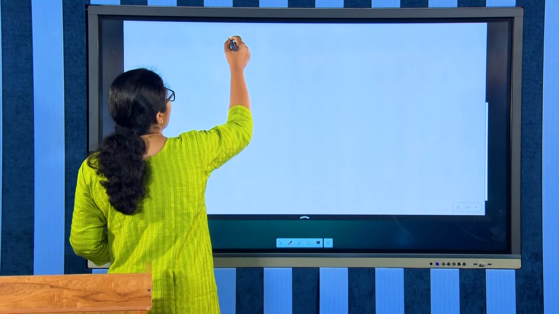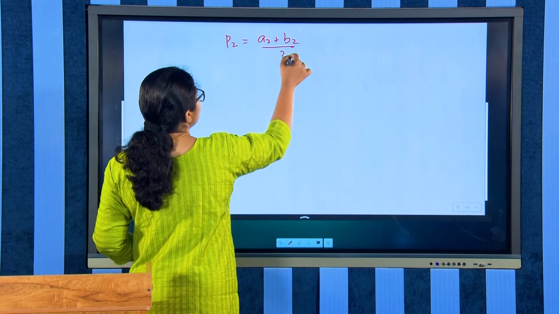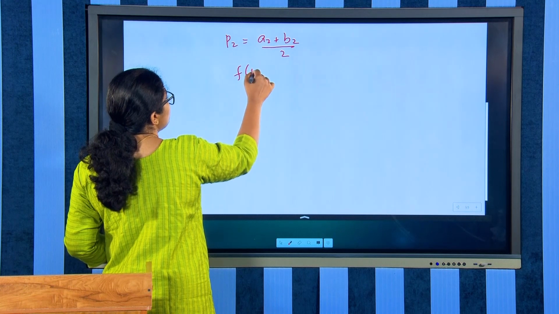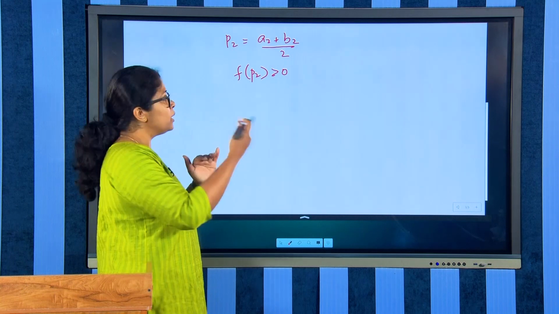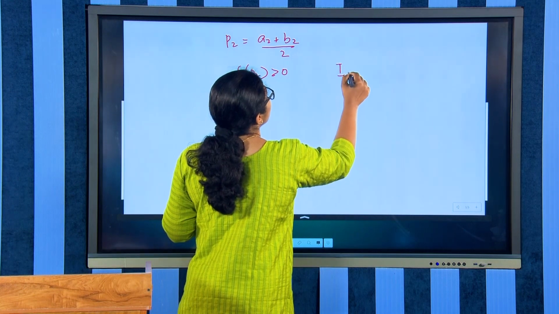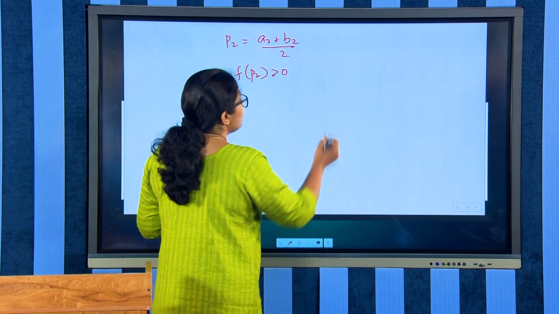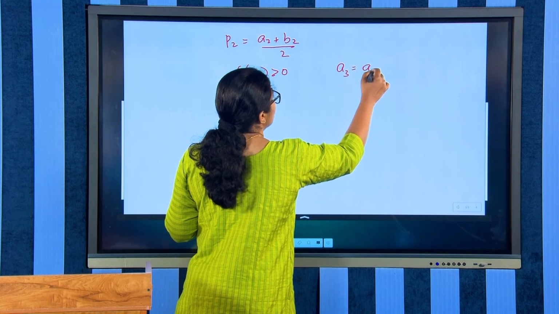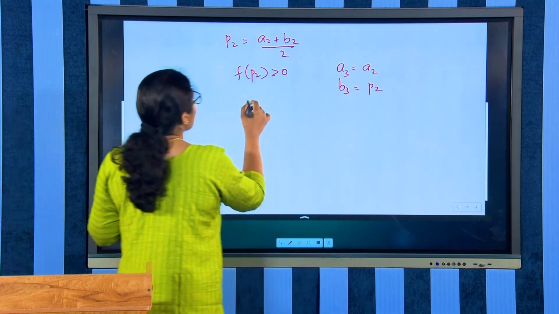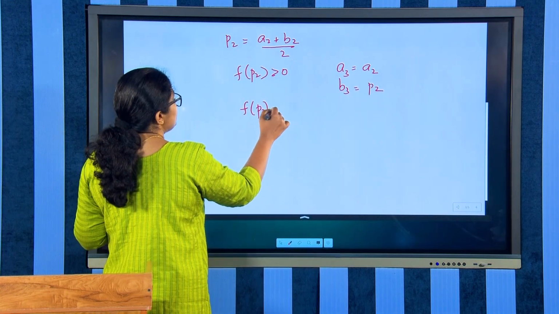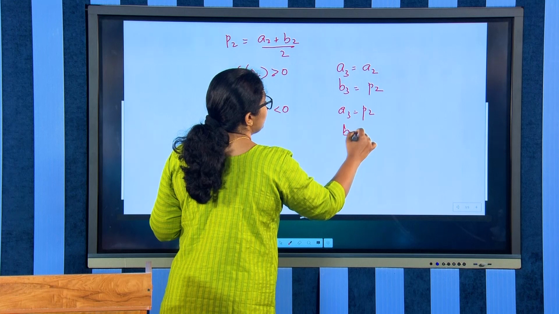So A2, B2 is divided into 2, so P2 becomes (A2 plus B2) by 2. If f of P2 is greater than 0, we will take the interval to be A2, P2, so A3 will be equal to A2 and B3 will be equal to P2. And if f of P2 is less than 0, A3 will be equal to P2 and B3 will be equal to